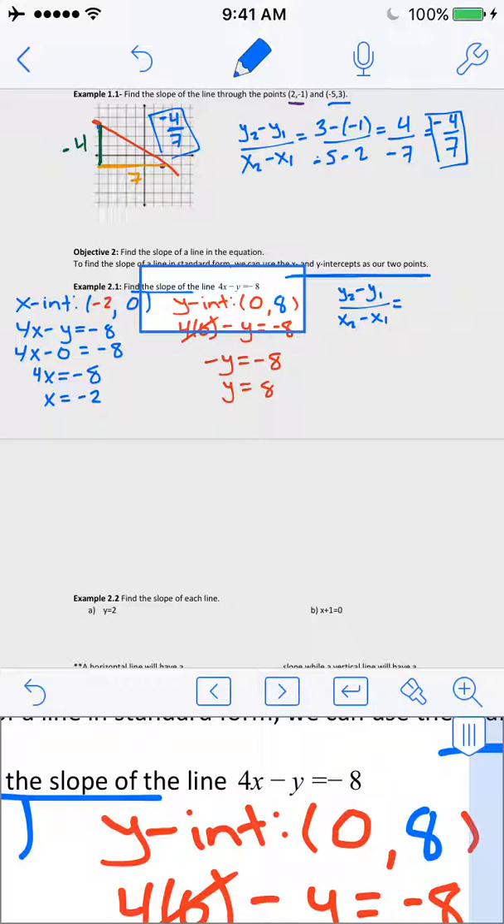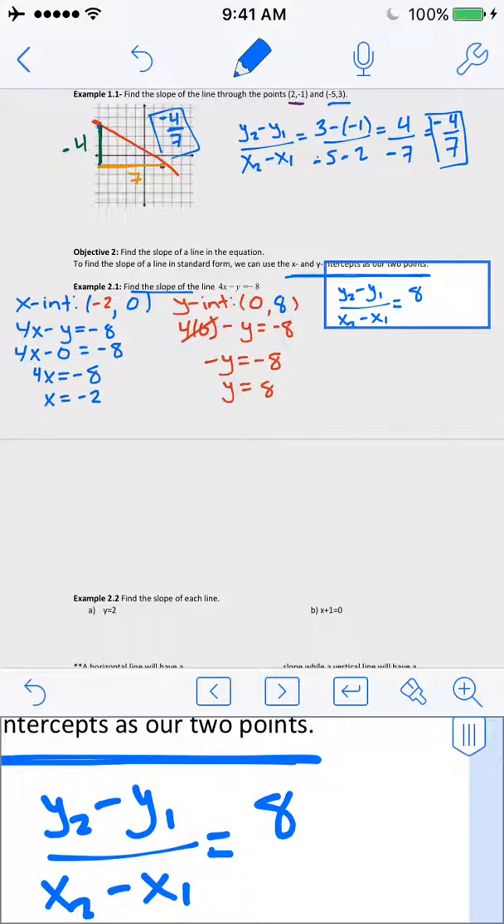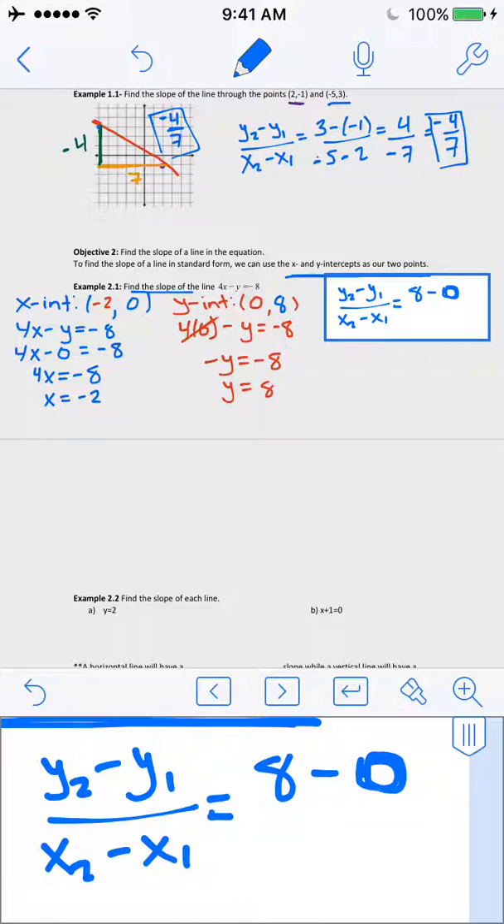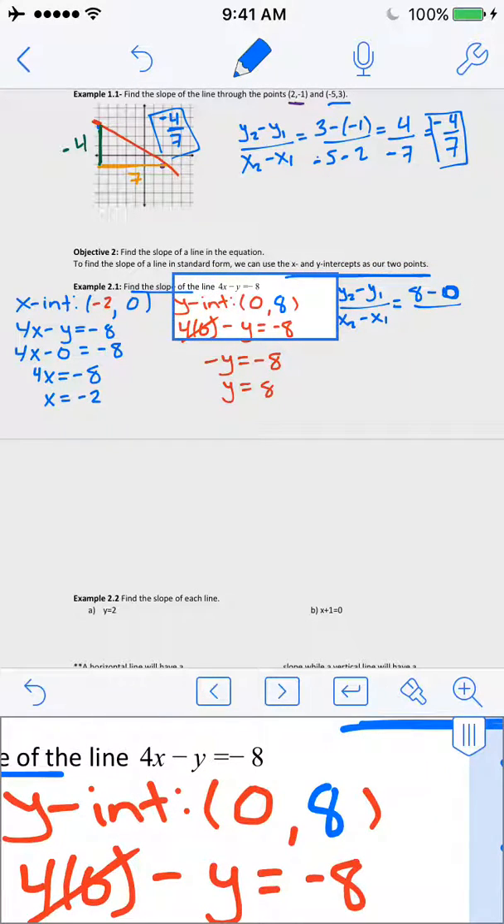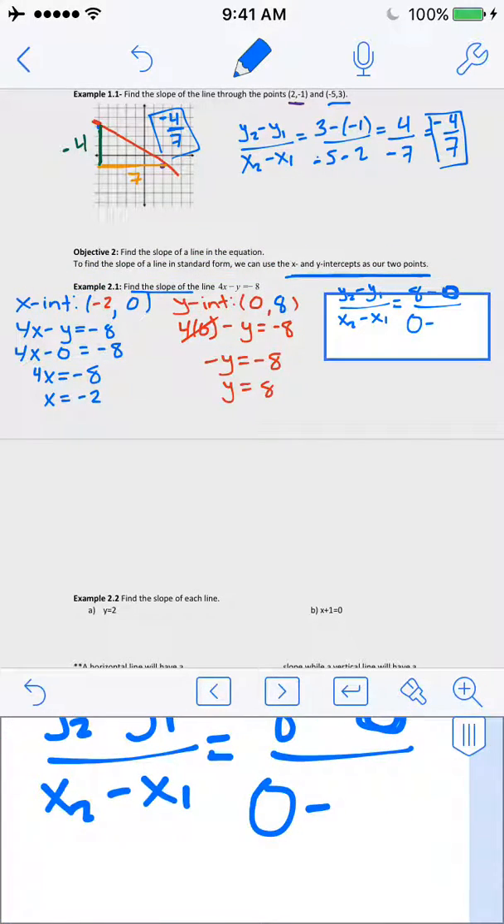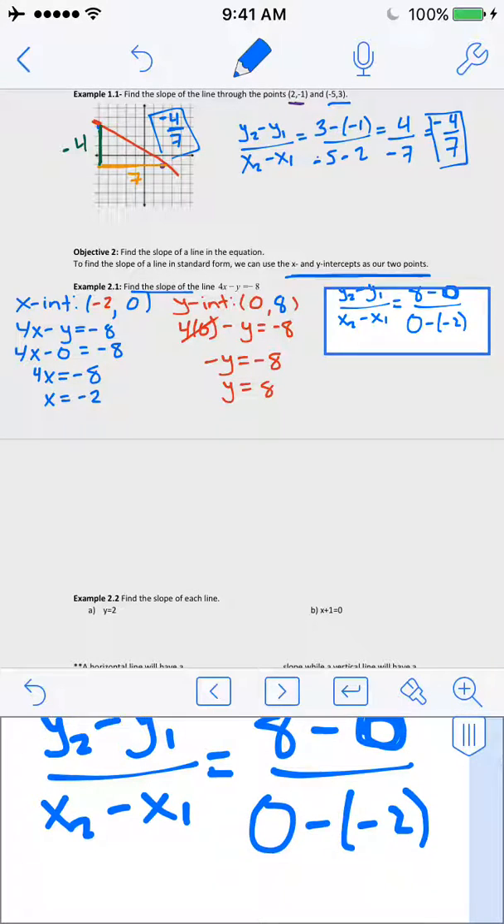So our second y would be 8, and our first y would be 0. Also, again, using the y-intercept and the x-intercept gives us zeros, and that makes our computations pretty straightforward, right? 8 minus 0, that's really nice. Over our x's would be 0, second x is 0, minus our first x of negative 2. That one I have to be a little more careful about because it's minus a negative, but it's still pretty